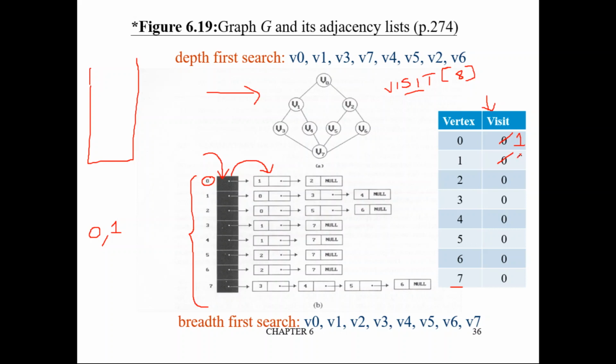Okay, make it 1, right? Now we have visited a vertex which is not visited. Whenever you visit a vertex which is not visited yet, other than the zeroth vertex, whenever you visit any other vertex for the first time, and if it is not visited before, then you have to jump to that particular vertex in the adjacency list. Listen carefully.